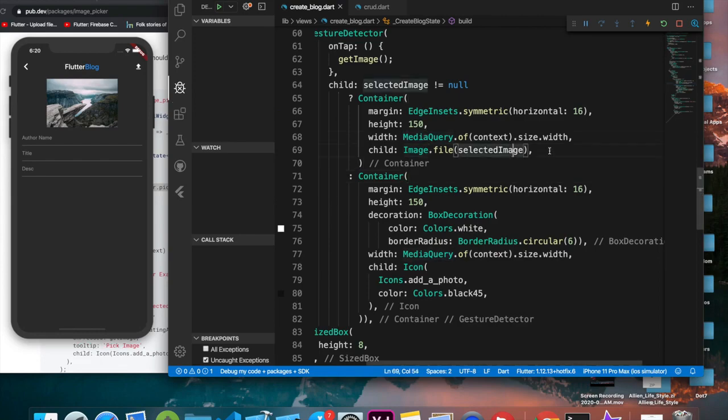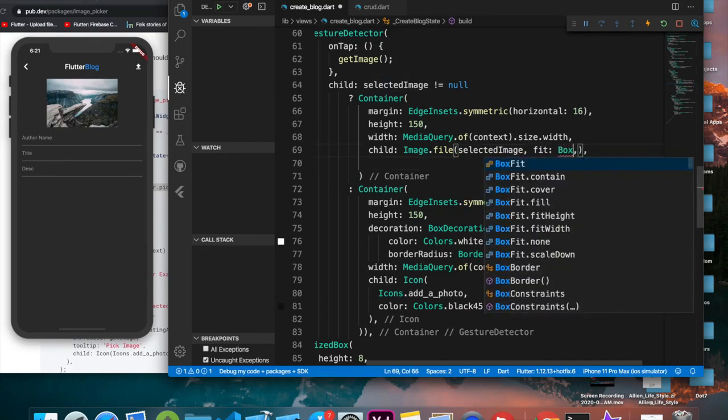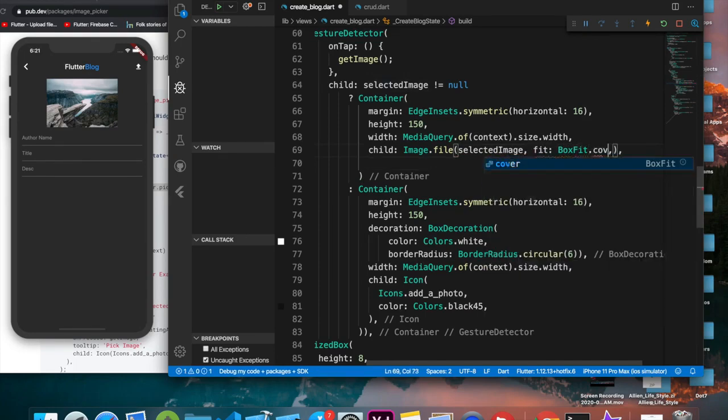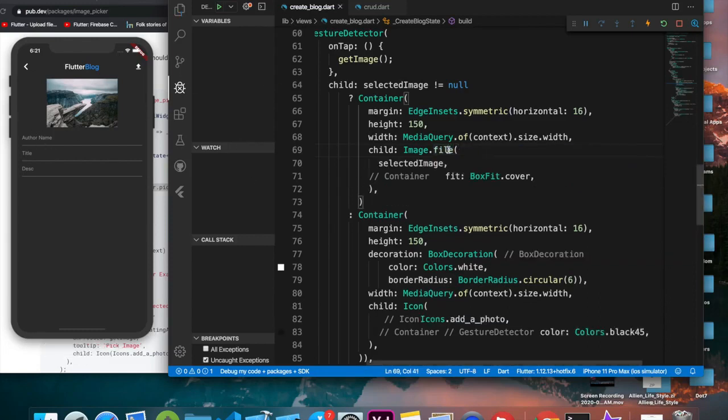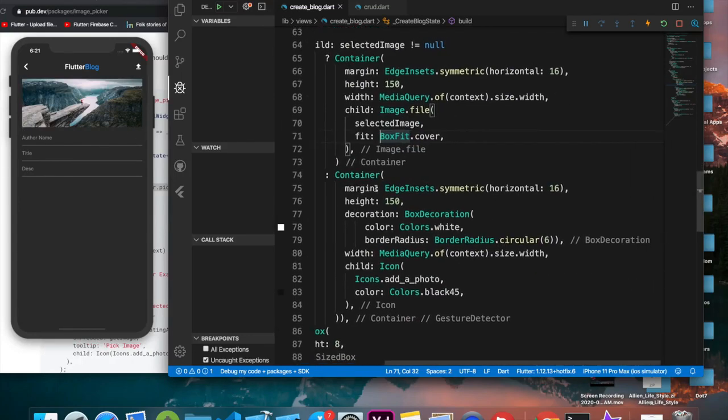Okay guys, so we have provided it the width, but it's not taking the whole space because of its dimension. So in this case, what we will do, we will basically say fit property. We have to use that inside of image. That is going to be fit property and box fit dot cover. What it does, it tries to cover all the space which is provided. So if I save that, you can see we don't have the border radius, right,